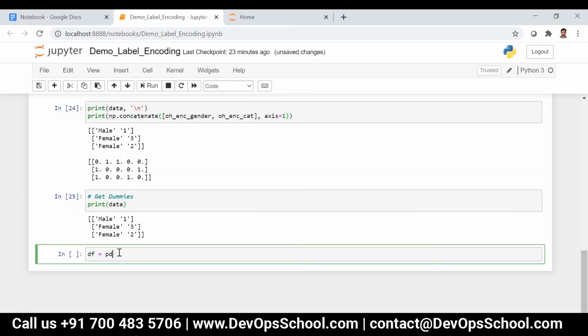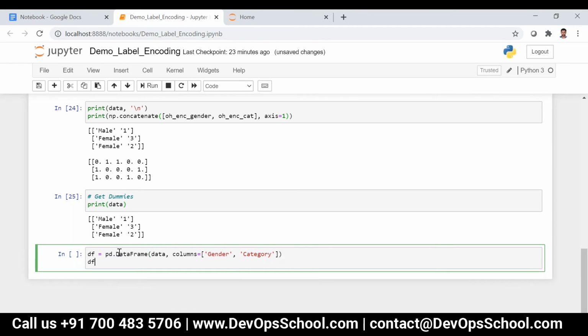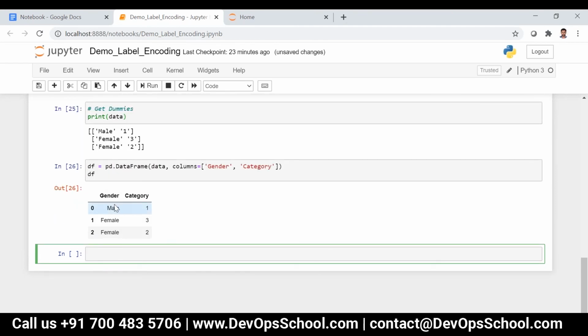I can write pd.DataFrame of data, with columns equal to gender and category. So now if I print the data frame, it will be like this: male 1, female 3, female 2.